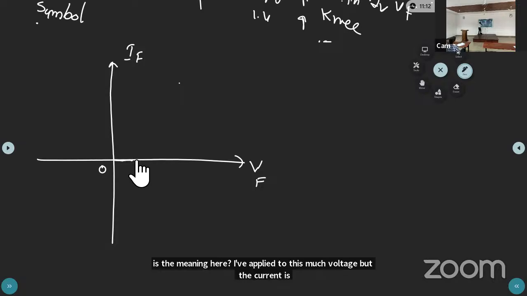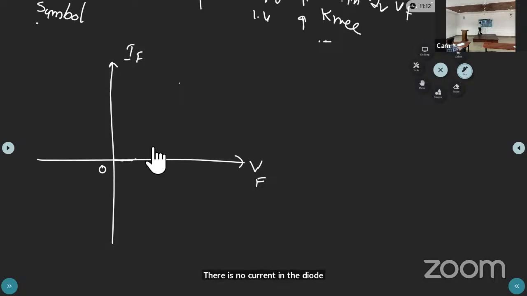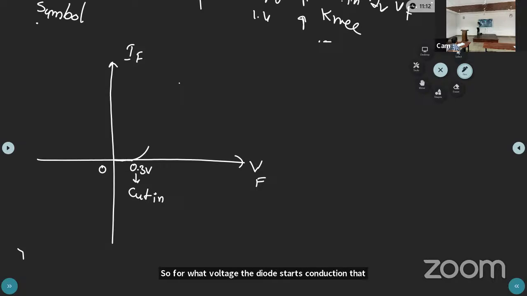Now at a certain voltage, the diode starts conduction. This voltage is 0.3 volt, that is the threshold voltage, or knee voltage. So for what voltage the diode starts conduction, that voltage is called the threshold voltage. So now we can increase the voltage,